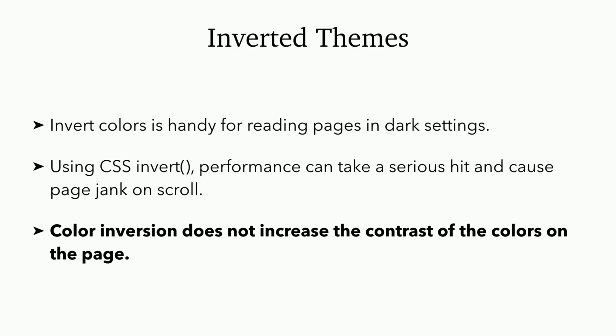So if the colors on the page are not accessible to begin with, they're not going to become more accessible. Even if they can get easier on the eye in dark environments, they're still not accessible. So before starting to theme your UI, you need to make sure that the colors that you start with are accessible. And this is particularly important because all of the subsequent themes, so if you're going to create different themes, all of the subsequent themes can be affected by the accessibility of the default theme, particularly if you use HSL